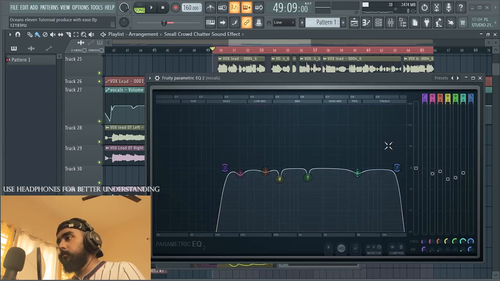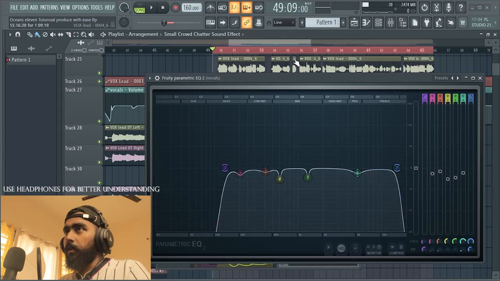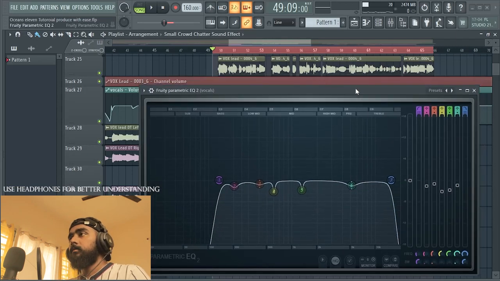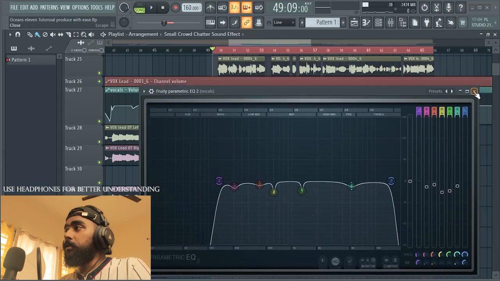So that was the part where I felt it was okay with the vocal. So I'll just keep it here. So that was subtractive EQ,